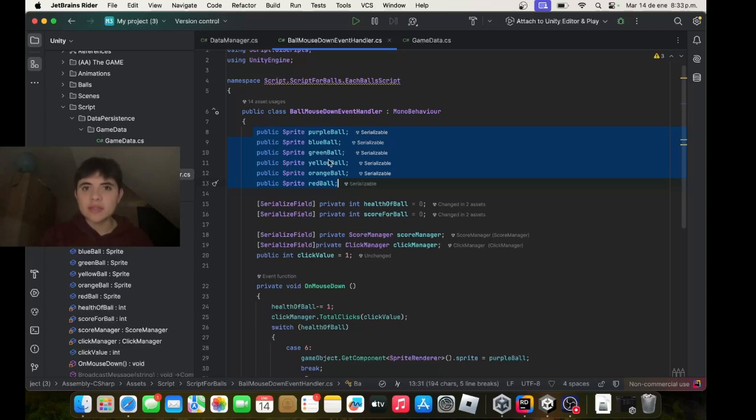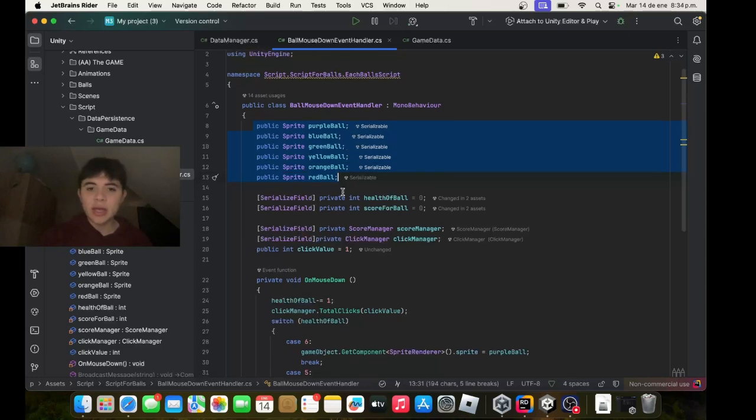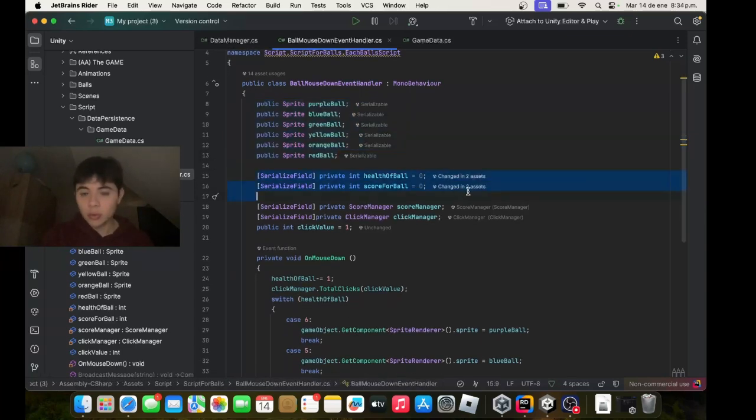Why is this important? Well, we said at the beginning that we want the game so that when you click a ball, it changes color to the next ball, and if there's no next ball, it just destroys itself. So we have to declare which type of sprites we have to use, we have to render depending on what type of health it has. And then we have to, well, when we want to declare